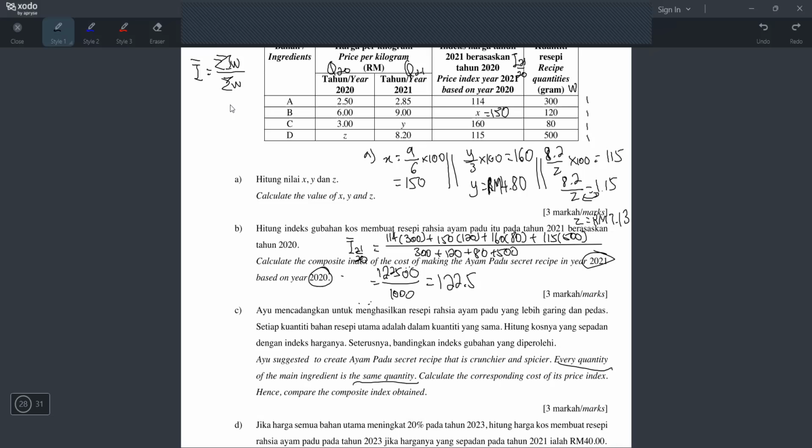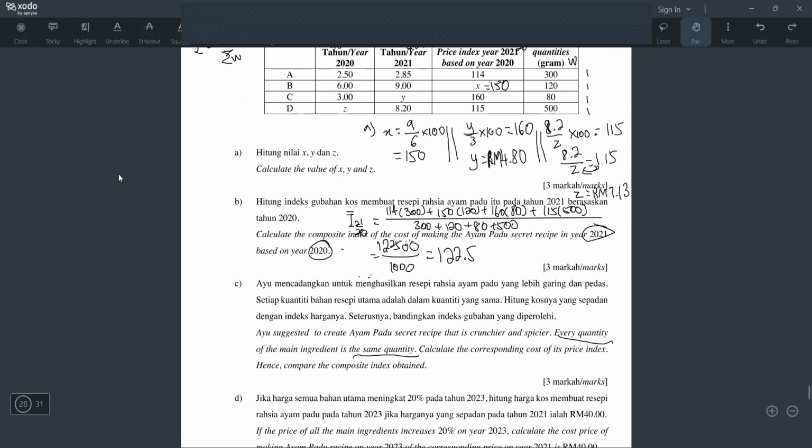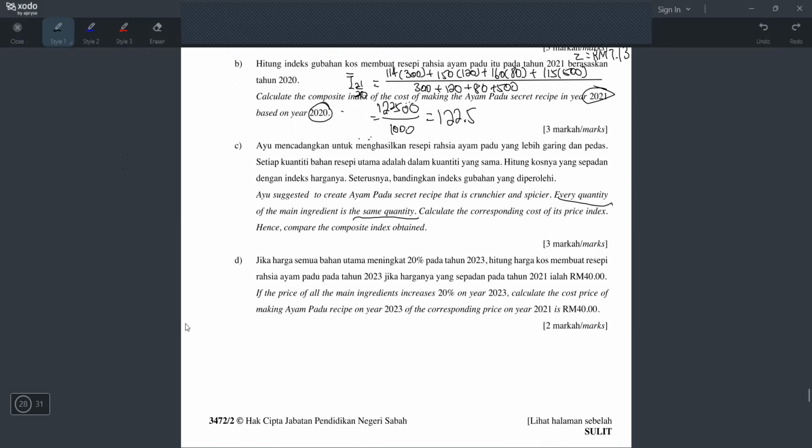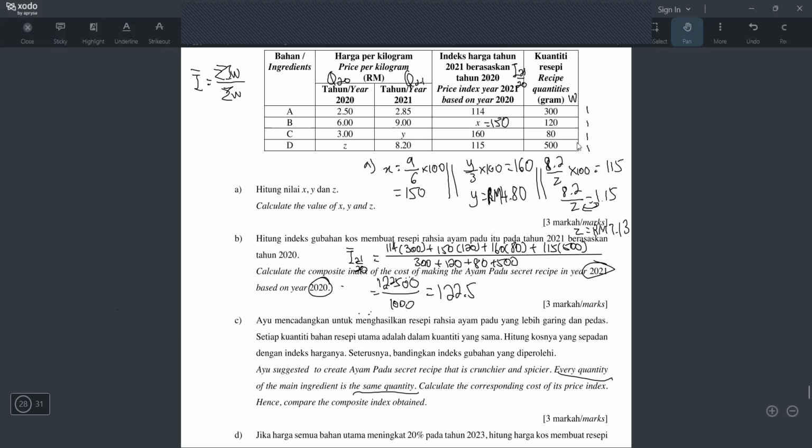All right. So now you can calculate the I dash, or the composite index. Okay, where to write this? Okay, I think I'll write here. So for C, I'll write here. So I dash, but it's also for the same year, 2020, right? But this time, I will use the same I like just now. It's just that my weightage will change a little bit, because my weightage now will be the same quantity. It means the ratio,